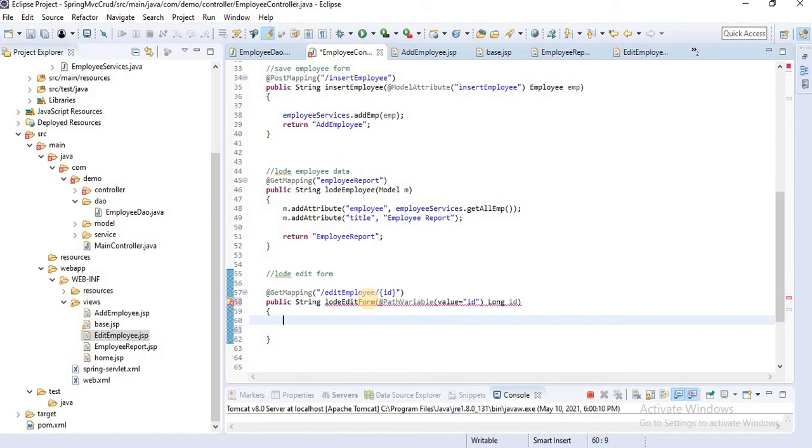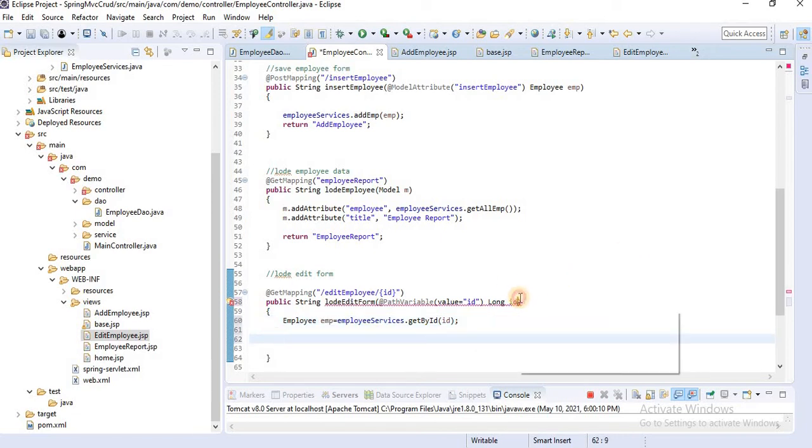Here we are only getting the ID, but we are populating all user details in that edit form. That means we have to get that employee's details. For that we will call Employee emp equal to employeeService.getById, and I'll provide that id here. In this object we got all the employee details. We will provide those details to that form.